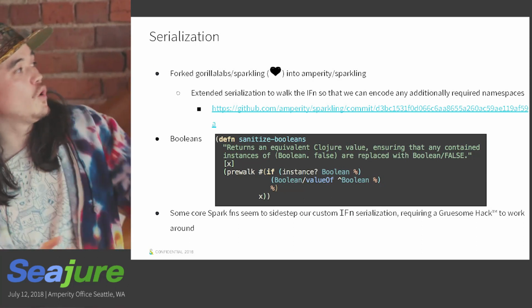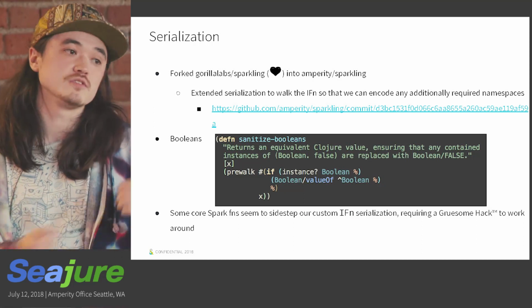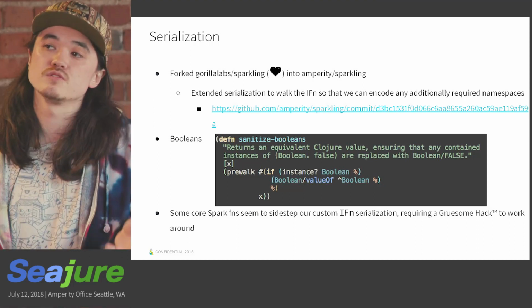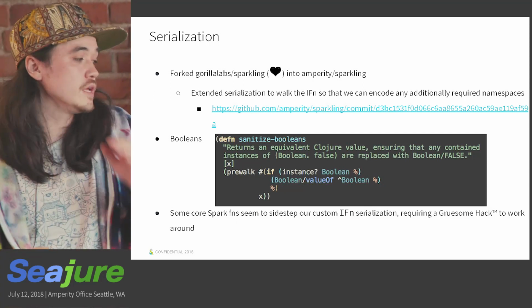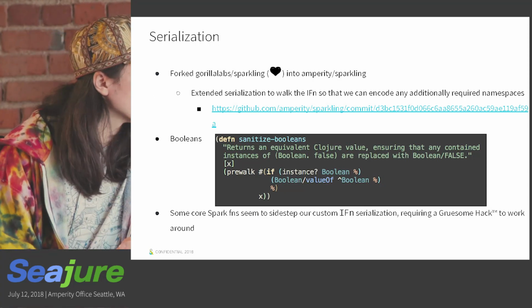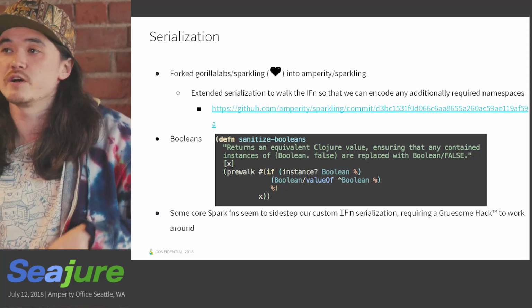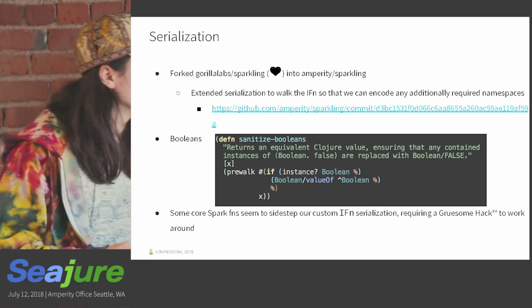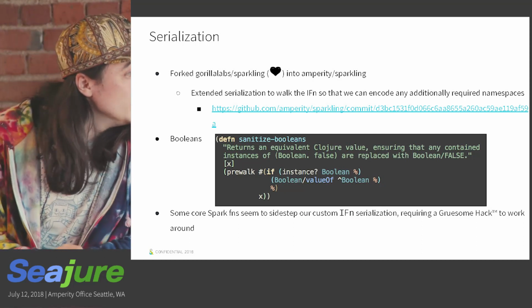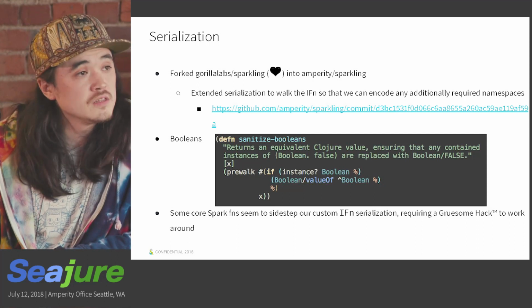So we extended it to walk the iFunctions recursively so that you can find any references to any other namespaces and then encode those onto the object stream and off onto Spark. When we deserialize it, we do the reverse: pull the namespaces, require them all via Clojure Lang RT, and then we can call the function and it won't blow up, which is a big win.